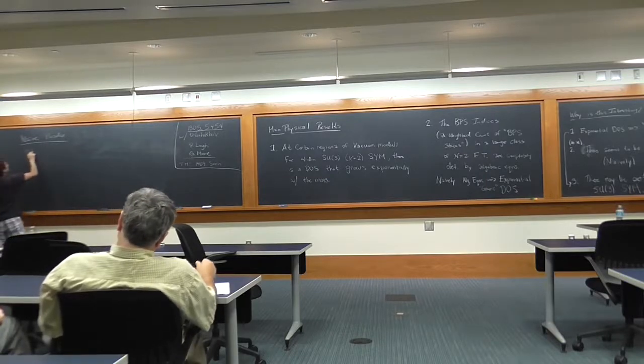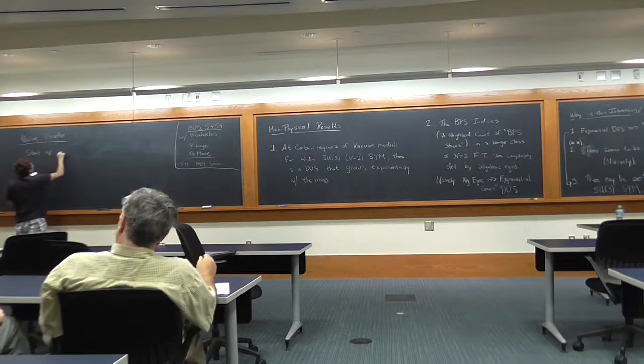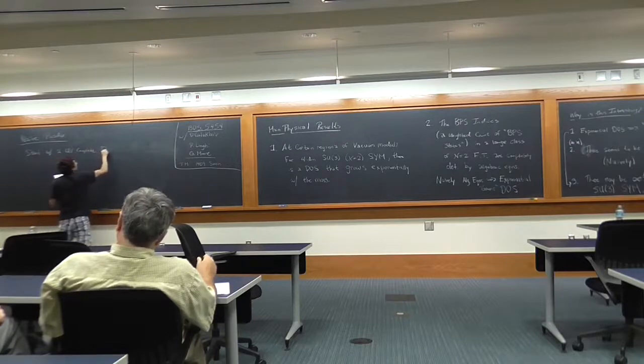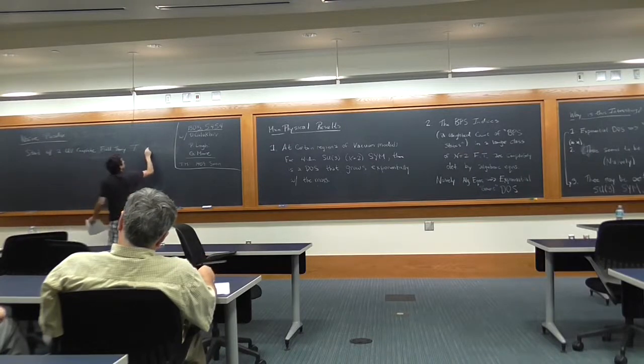So let's just start with an arbitrary UV complete field theory. Call it T, and let's say it's d-dimensional. It's on d-dimensional space-time. All right, I'm going to restrict myself to 4-dimensional, but just for fun, I'm going to say I have d-dimensional. And then,